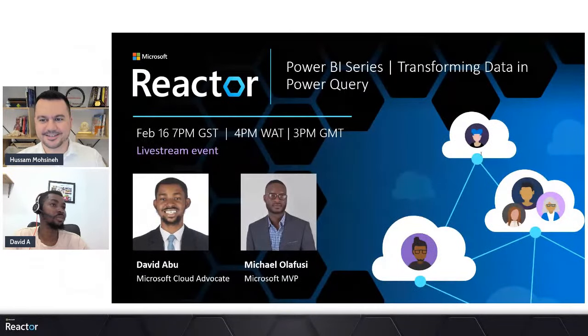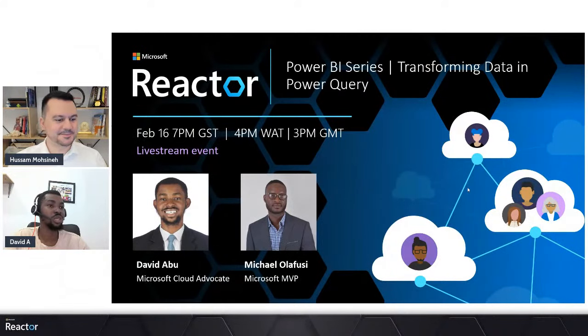So majorly, one of the things that we'll be learning today has to do with the transformation of data. We want to look at data sets and say, okay, how do we transform data sets? How do you clean it? Inside of Power BI is an embedded tool called Power Query, and we call it an ETL tool, which is used for transforming data sets. If you have watched the first video or the second video, you have understood what Power Query is. But now we'll be going in depth into the transformation of data. While we wait for Michael to come in because of his technical issues, we're going to be looking at that.